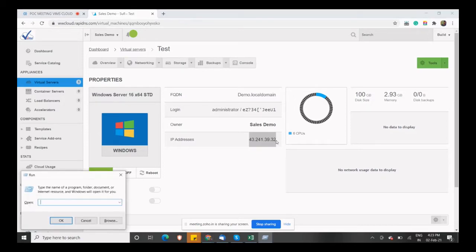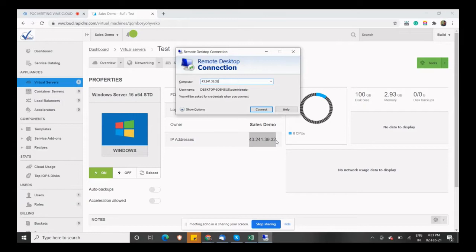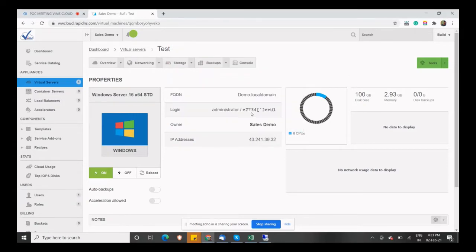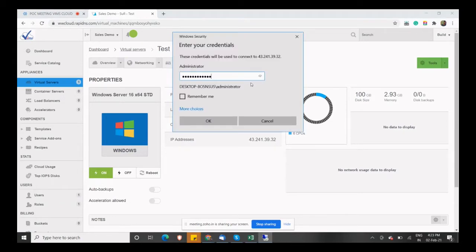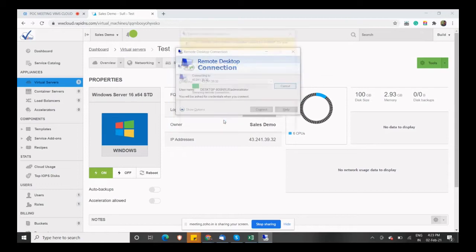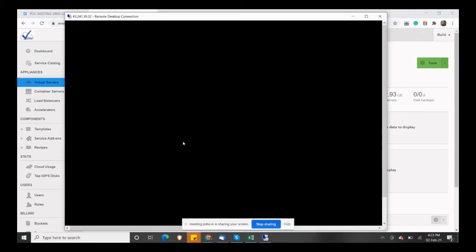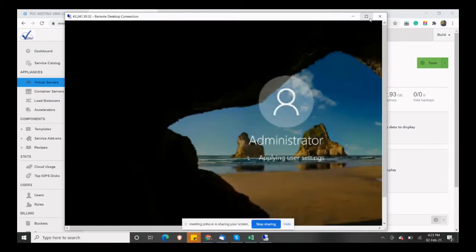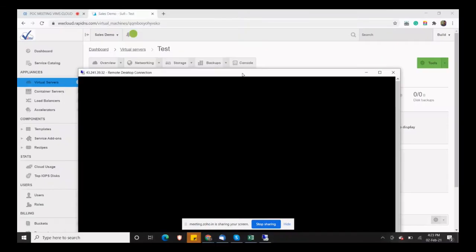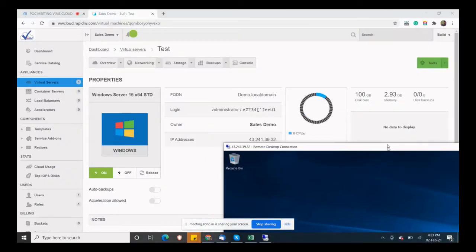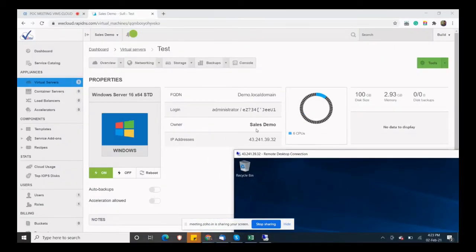Here you can log in via this option. You can see this is the IP address for this virtual machine.